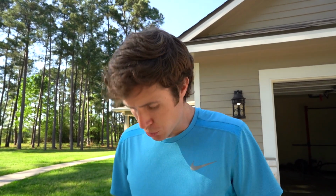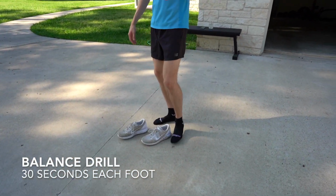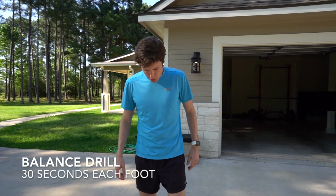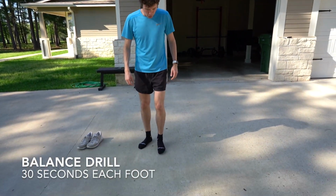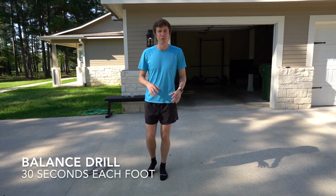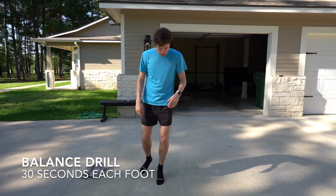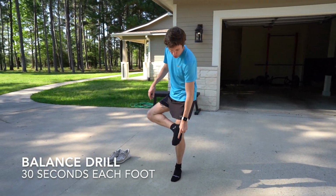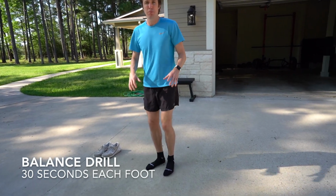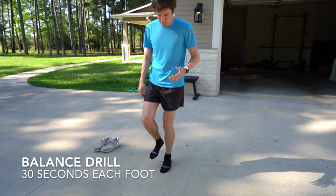Let's do it. So let's start with a very simple but effective balance drill. Take your shoes off. This one's a little bit more effective if you don't have shoes on to support you. Excuse the dog hair that's all over my socks here. We're basically going to go onto one foot where you want the actual pressure to be. You don't wanna be back on your heels, not way up on your toes. You wanna be right on that midfoot, like right about here. That's where you wanna be focusing most of your weight, and then just lift that other foot up and just